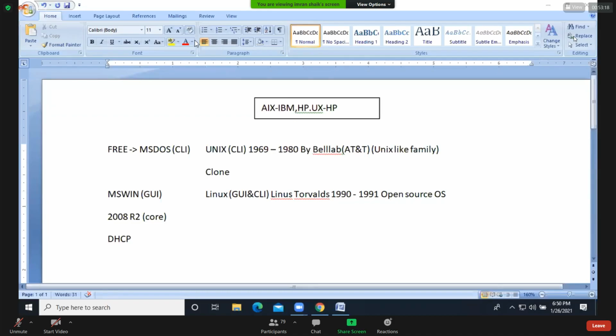Okay, so let's see here. DHCP is a server, Dynamic Host Configuration Protocol. What will it do? It will provide an automatic IP address to each and every client in a network. Okay. Any server, guys, any service you try to deploy into this 2008 R2 Core version,